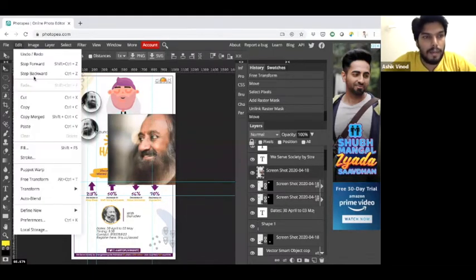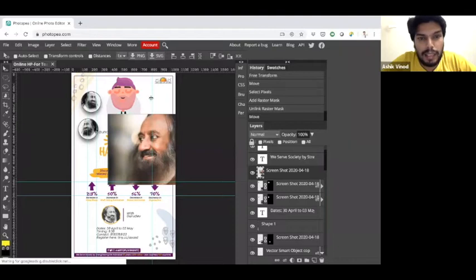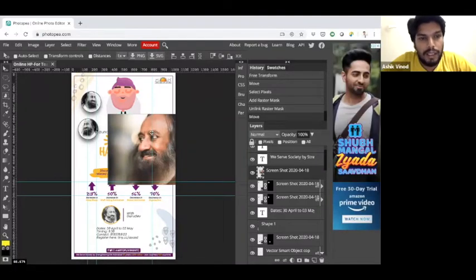What are these blue lines in the sides? Good question. Those are the guidelines which the designer has kept, in the sense you can make a border. You make sure that when you place an image, it doesn't go beyond this particular guideline. It's just a guide. When you export the image, these lines won't appear on your image.